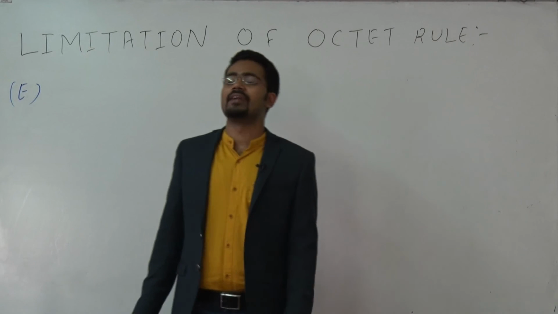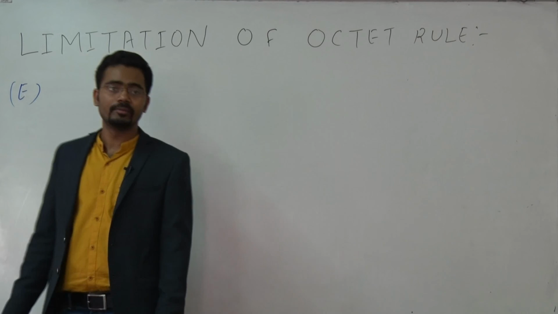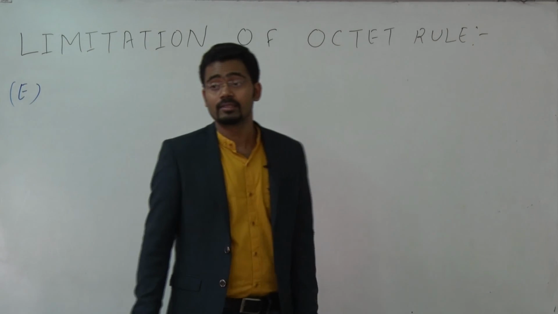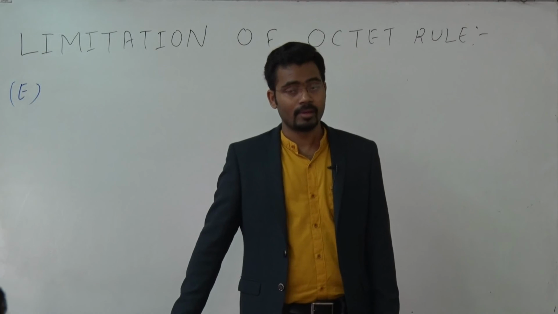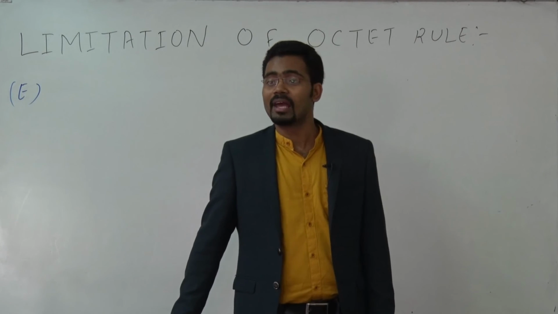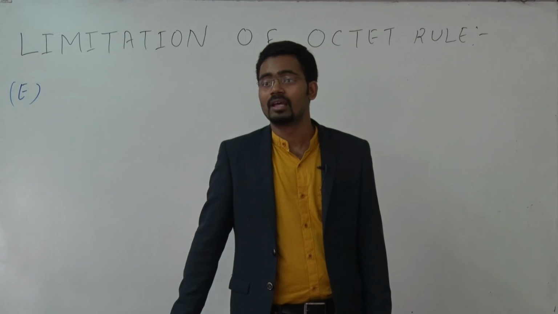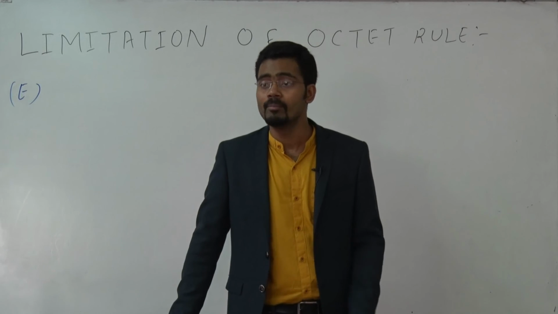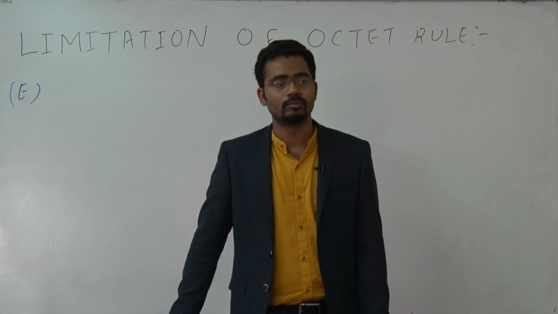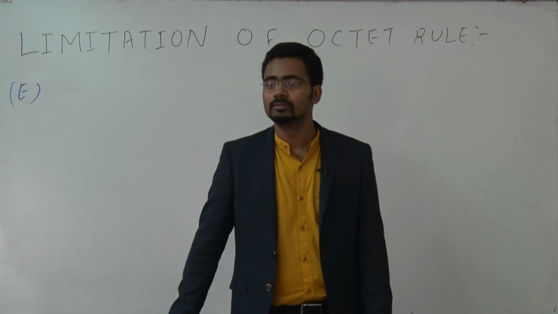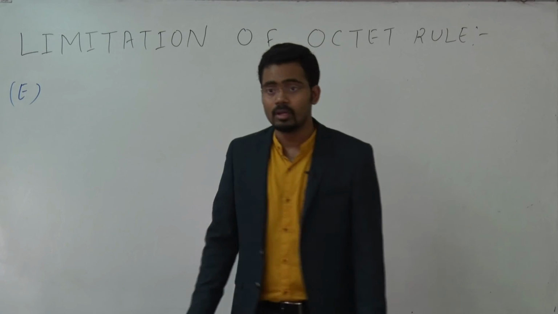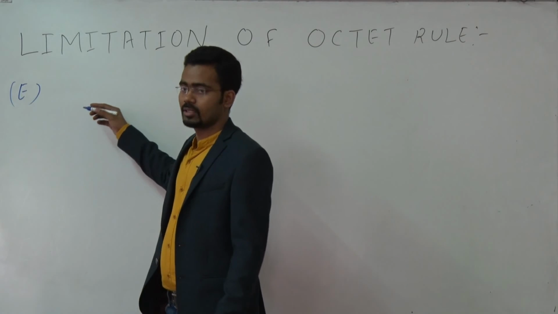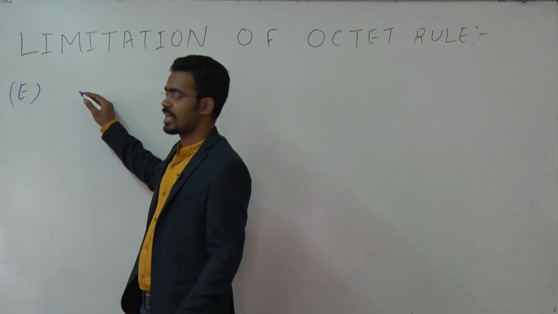So write down. As we know, the octet rule is based on the stability of the noble gas electronic configuration. But noble gases, they have a stable configuration, but they also form bonds. So this is also an exception to the octet rule. Write down: compounds of noble gas. Example,